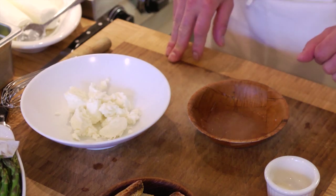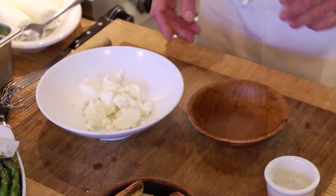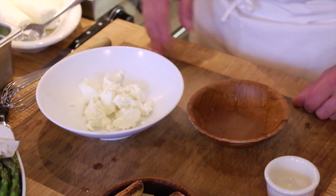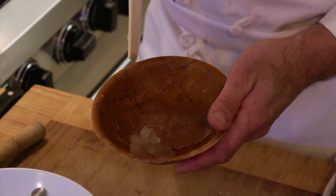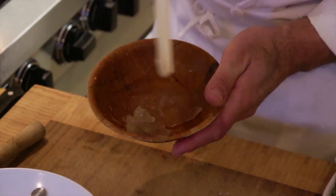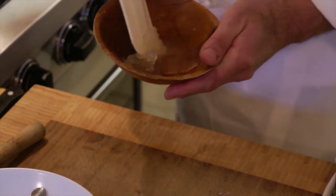When I say bloom, it means swell. So the gelatin granules have to swell. They have to absorb the water, and it actually becomes kind of rubbery. So here we have our gelatin. It's bloomed. It's absorbed the water. It's a little rubbery. And what we're going to do is we're going to heat up some cream,